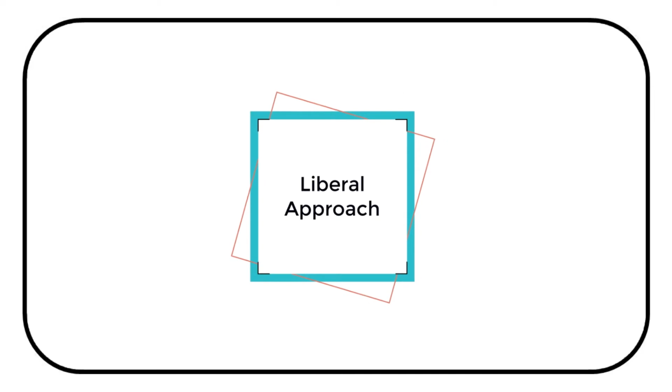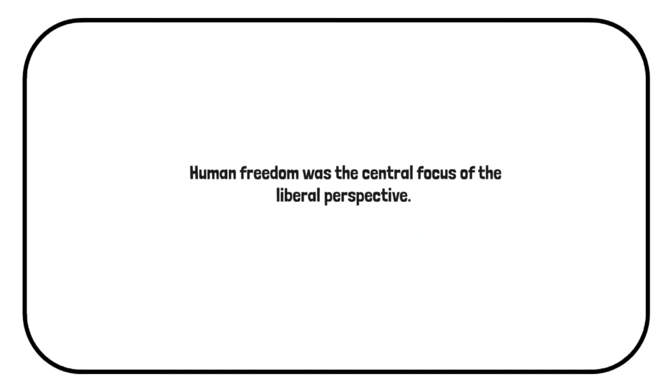In a traditional understanding, approaches in human rights could be classified into three. They are liberal, socialist and third world. Liberal approach. The liberal approach of human rights developed in Europe. Human freedom was the central focus of the liberal perspective. The natural and inalienable rights of man were articulated and expressed in the writings of philosophers from the 16th century